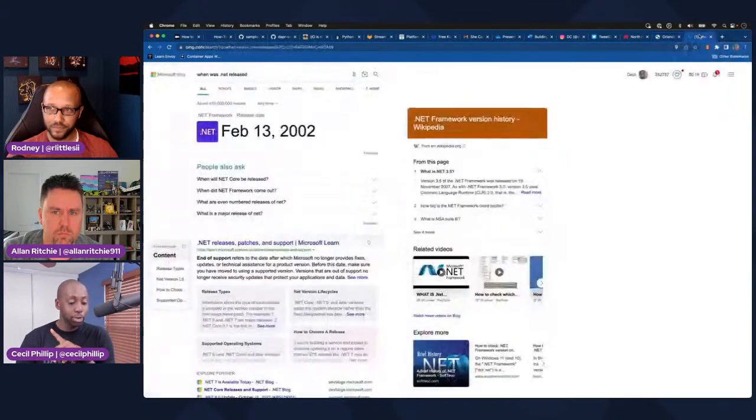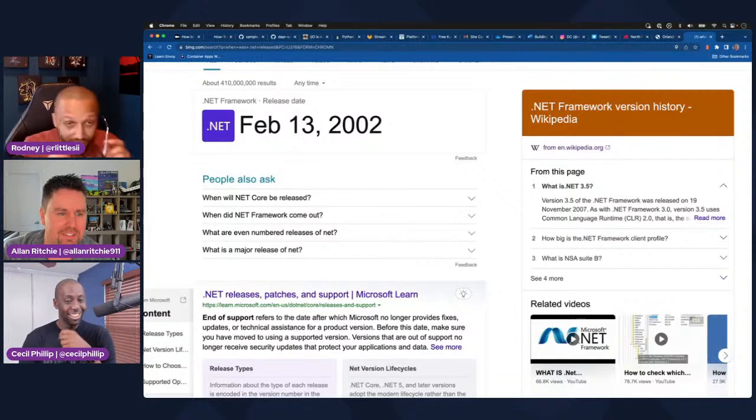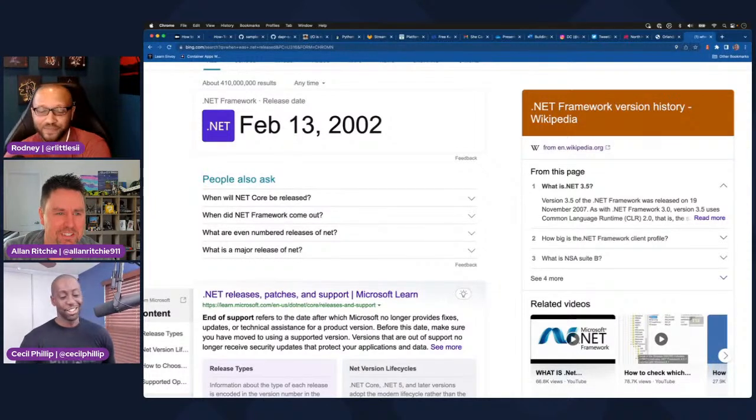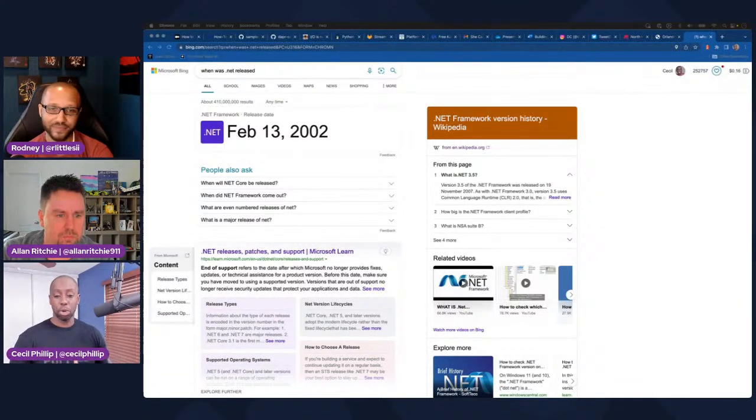And while Alan was talking, I did look it up. So .NET was released on February 13th, 2002. I'm sorry. So yes, it was 20 years ago. Oh, geez. Oh, wow. Okay. So yes, that's how long we've been doing this .NET thing. It's been around for a long time. So there you go. It's come a long way. All right, so that's enough for me. I'm taking my screen off.